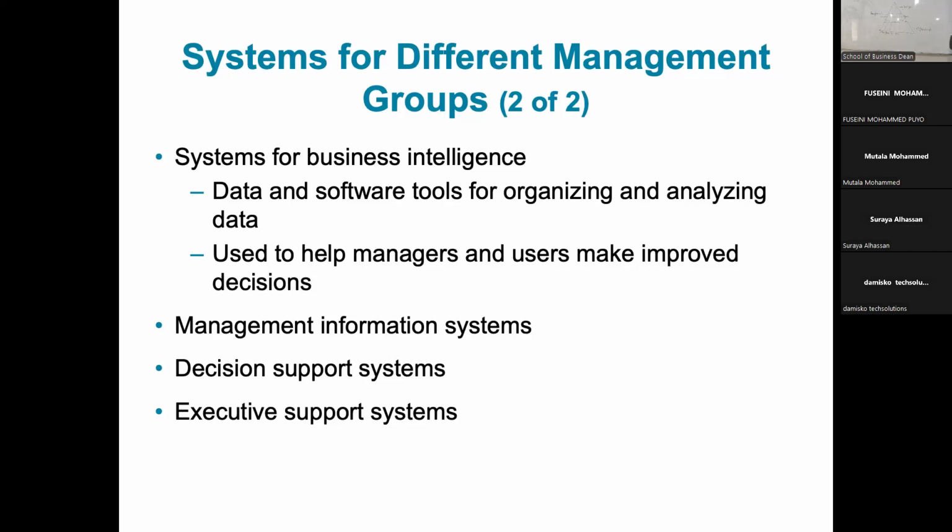The guys at the top, they rely on a system called executive support system. These guys, do you know what they see? I hope someone will be able to give us an example. I will use my personal experience. When I go to the UDS system, I am able to see a summary of applications. How many people have applied for each program? How many people have paid? I can tell the numbers. When the HODs do that, they can see it. Are you getting the difference? So I am using an executive support system. So even when an HOD's system is down, I can tell him that, oh, 10 people have now applied for your program. I can tell because I get the aggregate data.